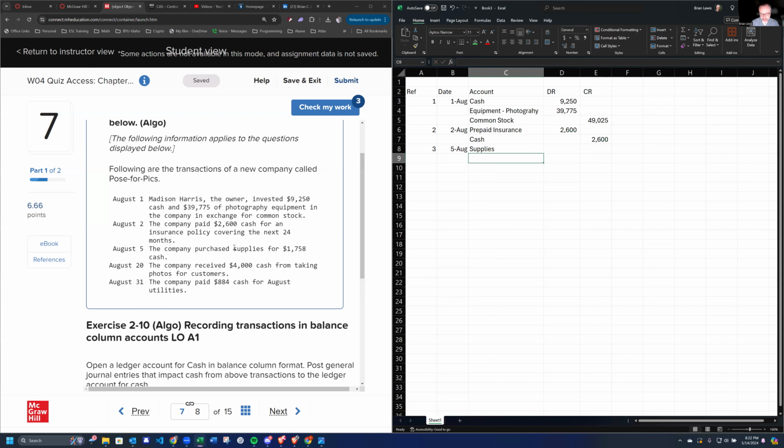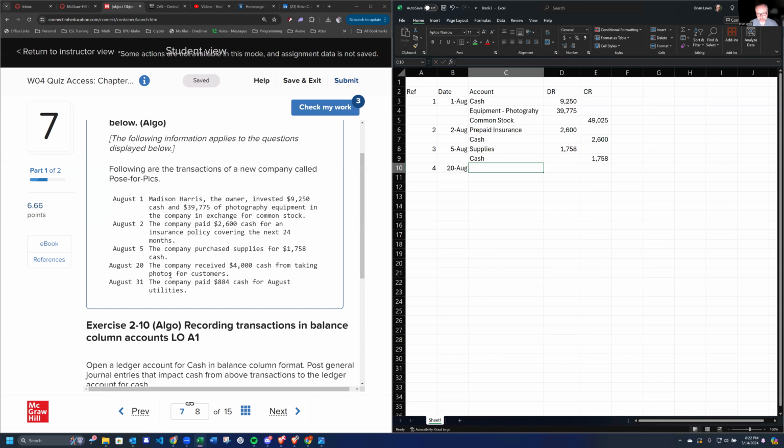And then like we did with prepaid insurance, cash is on the credit because we're expending money. So 1758 debit to supplies and 1758 as a credit to cash. Okay. And then the fourth one is the 820 transaction, and it's saying that the company received $4,000 of cash